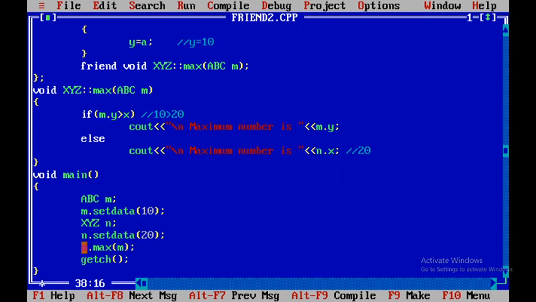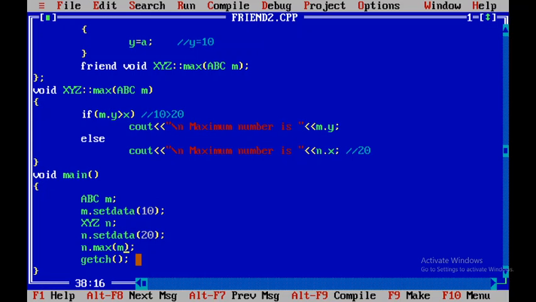So now the member of n is directly accessible. n is an object of xyz, so the xyz member, this x, is directly accessible in the max function. So it will compare whether 10 is greater than 20 or not.